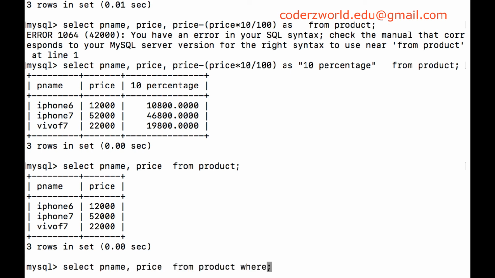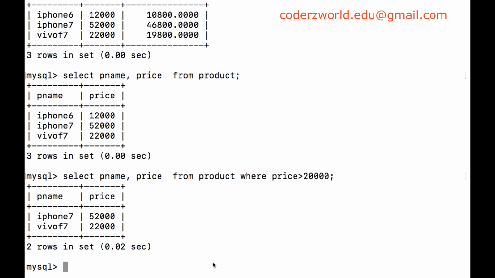In that case we can use a where condition in the query. Where, what condition do we want? I am providing price greater than 20,000. So only products with price greater than 20,000 will be listed here.